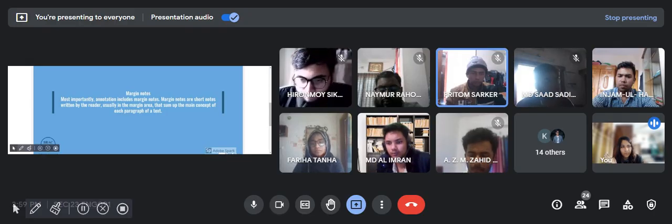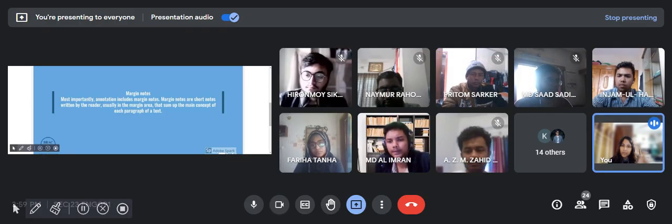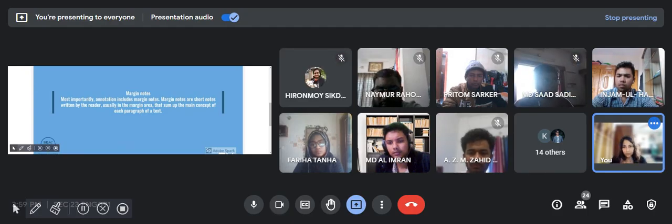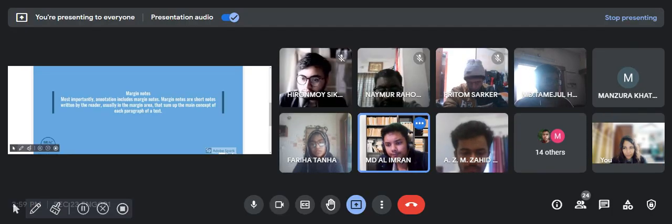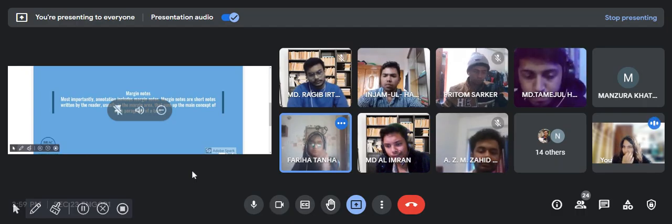In the margin area, the margin notes that you are going to write, of course, it's the main idea that you will underline in the article. But when you write them down in the margin area, you're just going to write down a group of words. All right, class? Yes, ma'am. All right, good. And then